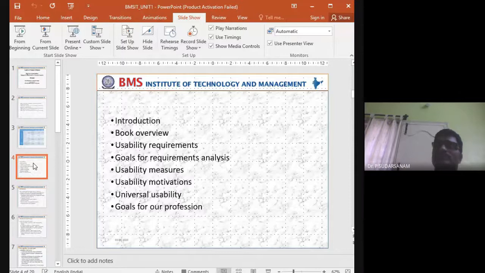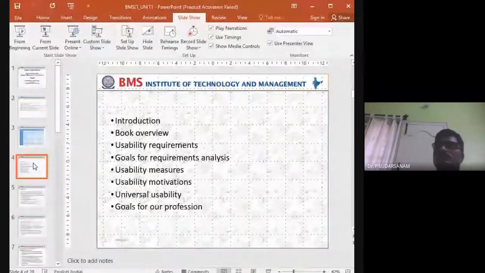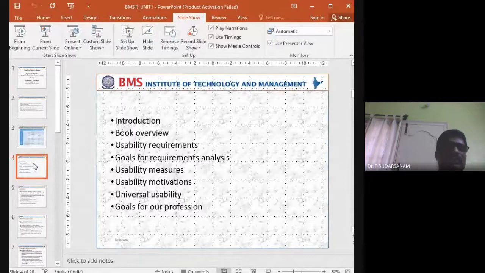If IT companies are not providing jobs, many people will not opt for the MCA program or computer science and engineering, whatever it may be. So we need to analyze all those things. That is the goal of requirement analysis. Even a business person is the same. Every time they have to keep on changing.